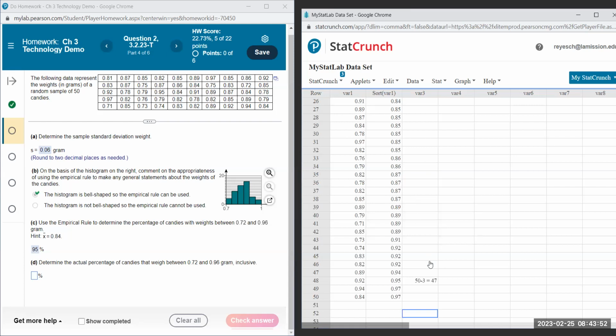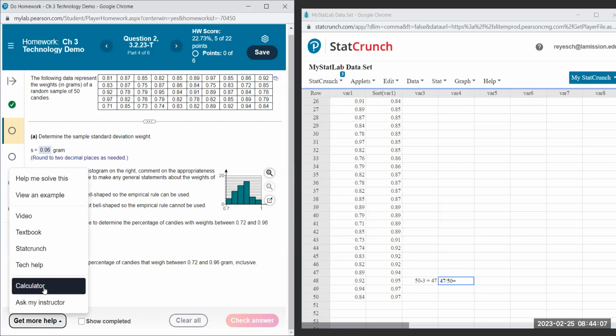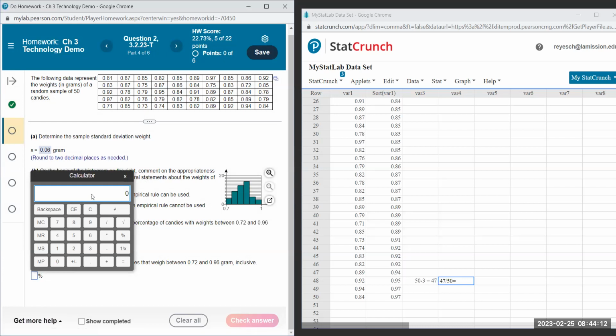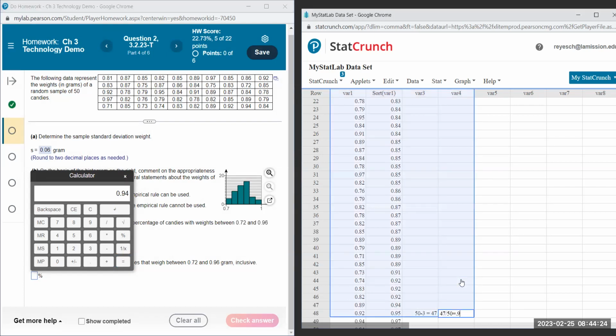So I'm going to do 47 now divided by 50. You can do it in your head, or if you need a calculator for that, just enter it in the calculator. Also, over here, there's this button, Get More Help. There's a handy little calculator there. It's probably better to use a scientific calculator, it's easier to use a manual one than the one here, but then you can enter it on your calculator here and get the decimal version. So in my case, it's 0.94 for mine,